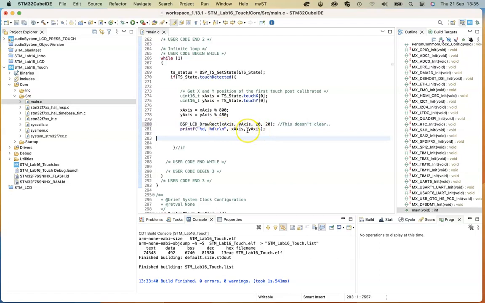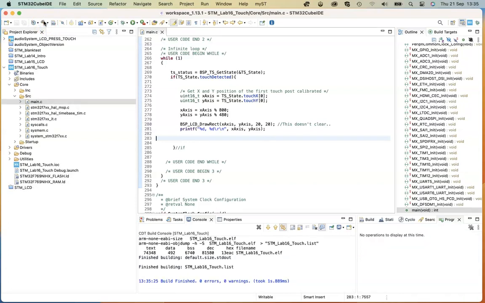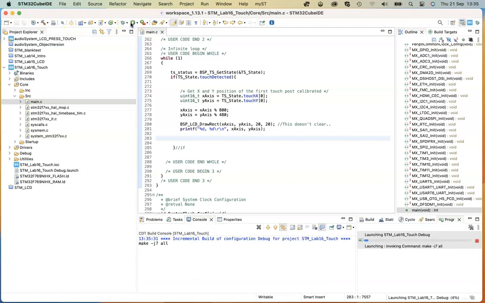Now it's important that that particular line of code doesn't clear the previous rectangle, so we'd have to do a clear if we wanted to. And we're also going to print the X and Y location onto the terminal. So when we run this code,